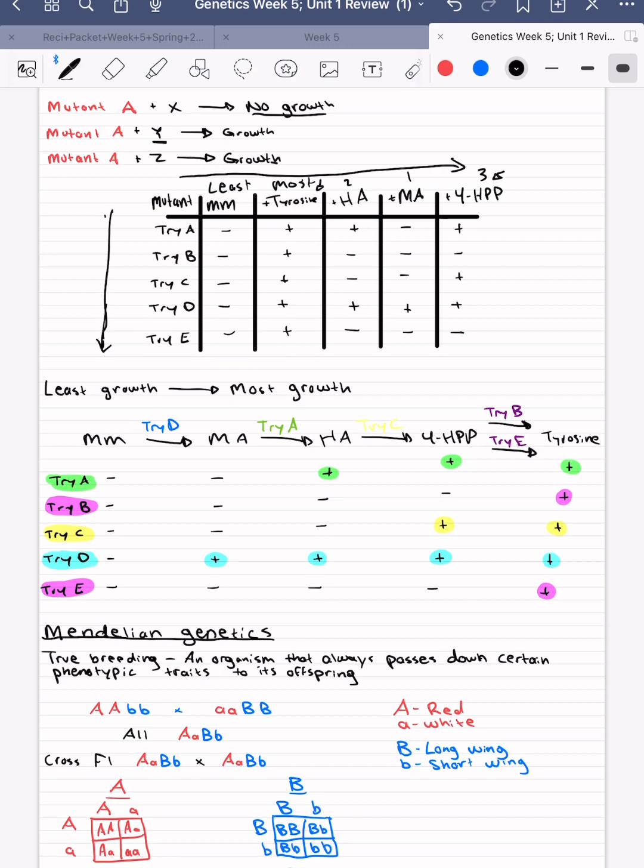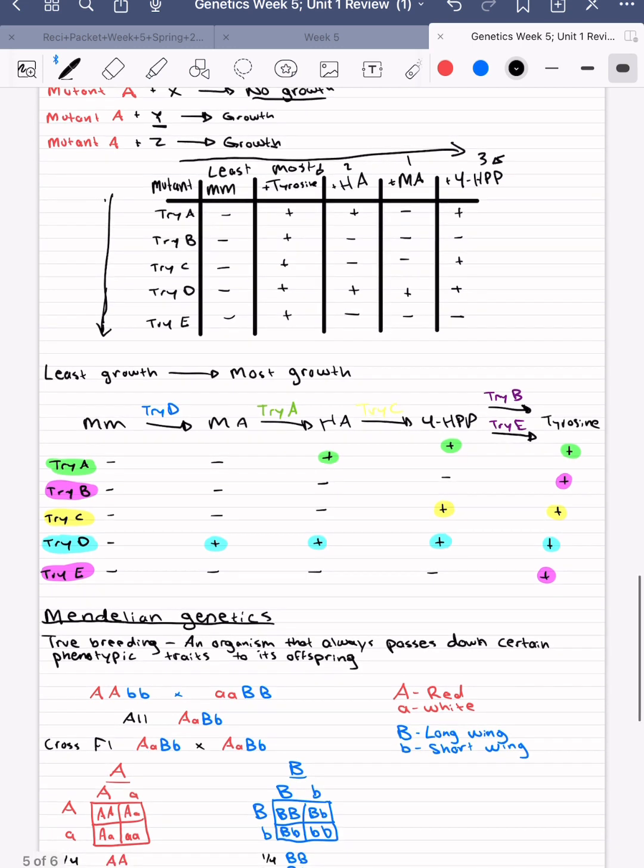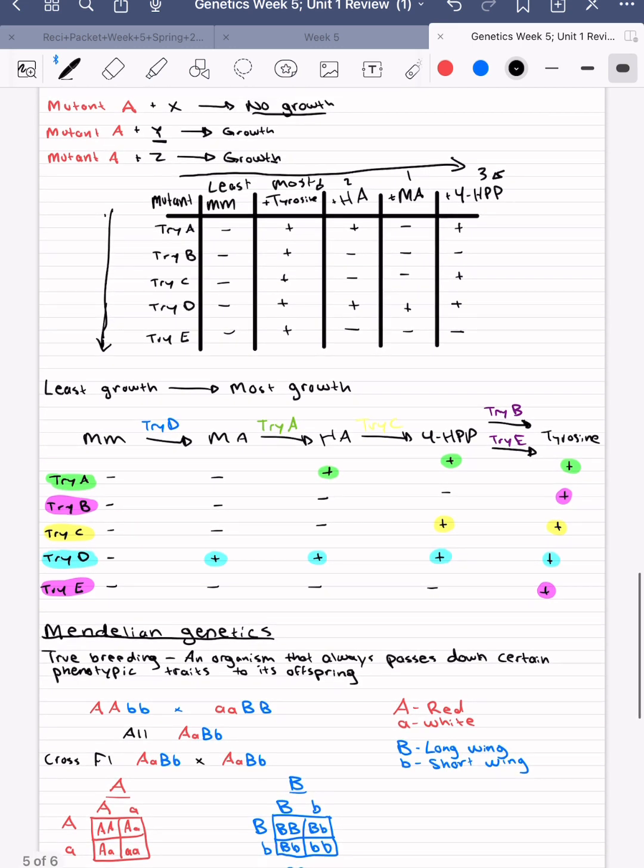So going from minimal media to MA, we can see that at mutant gene TRYD, we had growth. So what this means is when we added MA to minimal media, growth occurred at this mutation. So this enzyme is responsible for converting minimal media to MA. Since growth occurred here, we know that this gene is responsible for producing an enzyme that converts minimal media